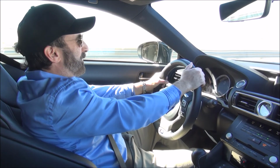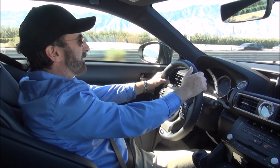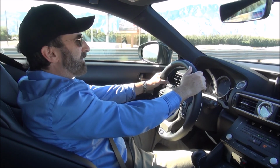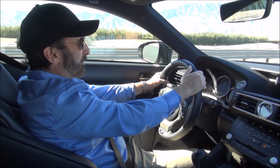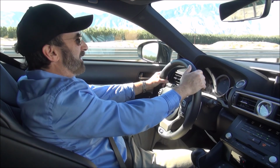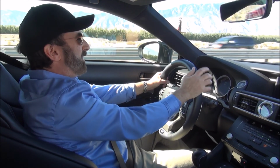Not the negative thing, but this car that I'm driving is a press car because I'm reviewing it. It's lent to me by Lexus, and with a lot of these press cars, they come loaded with every possible option so that you get the ultimate experience. And this car, the base price is $64,000 and change, $64,175 or something like that. But this car has